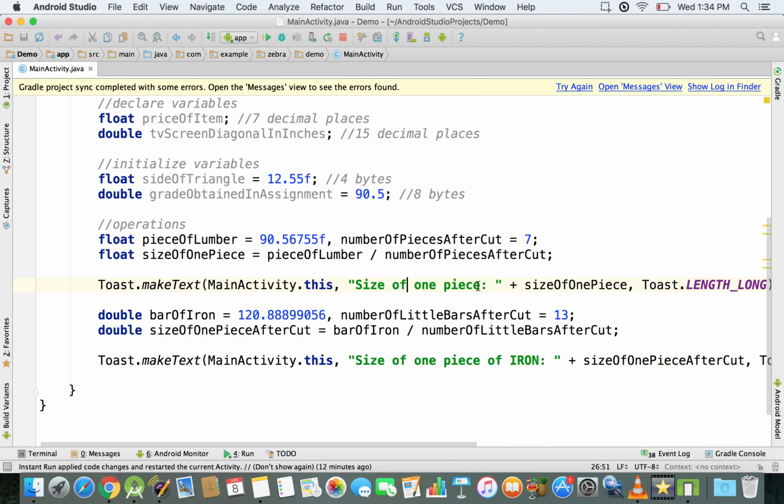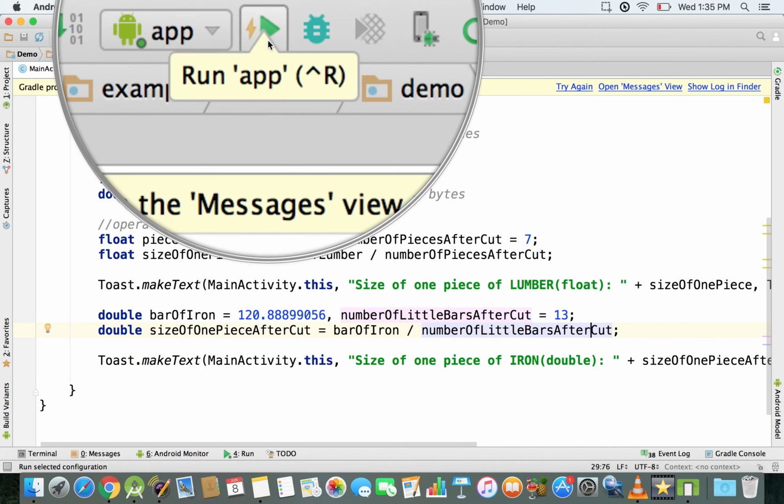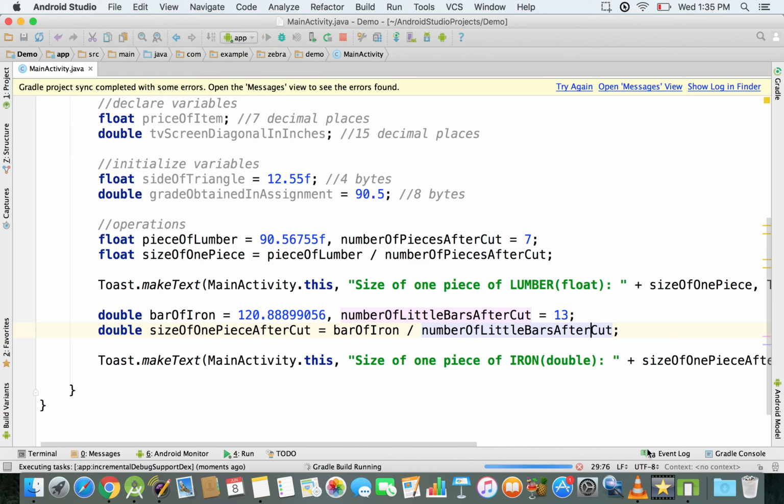So I'm going to have float of one, so size of one piece, and I'm going to say of lumber, and I'm just leaving here in brackets just to make sure that you remember that this is a float variable. And for the iron we used a double variable, and you're going to see now the precision. So I'm just going to go right here and run the application,